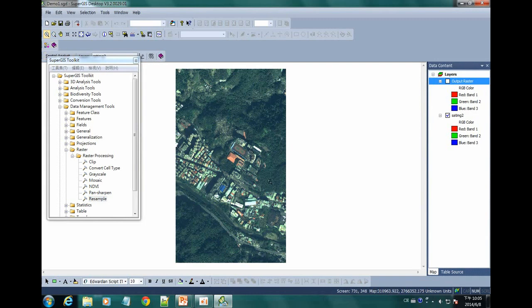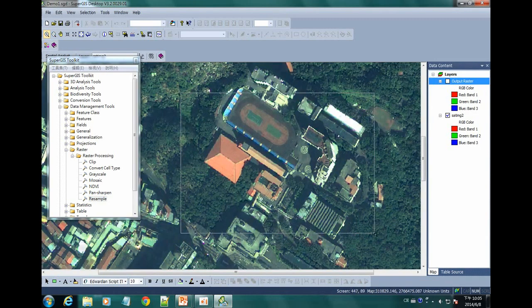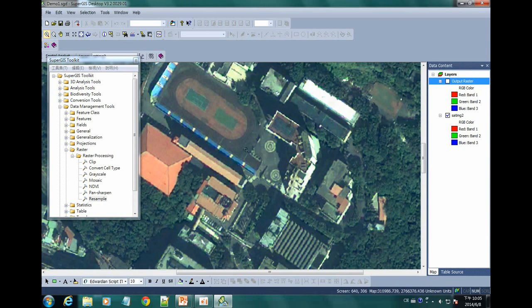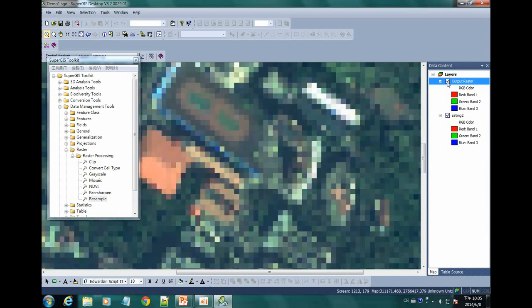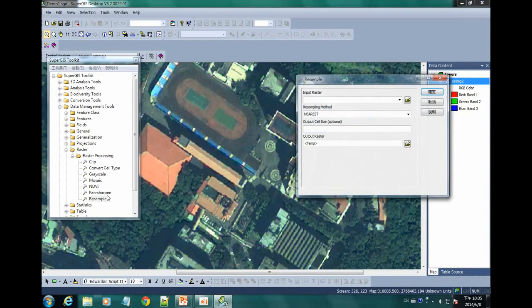I'm going to zoom in a bit, so you can see much more clearly. This is the original one, and this is the resampled one. So we can actually change the resolution if we change the cell size. And now I'm going to demonstrate another one, where I'm going to reduce the cell size, and also